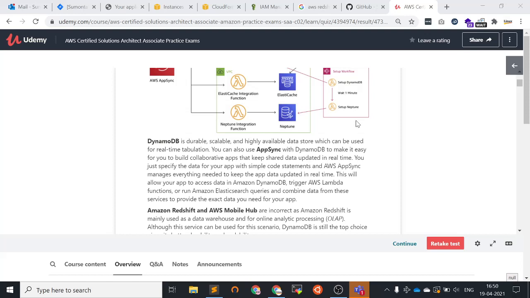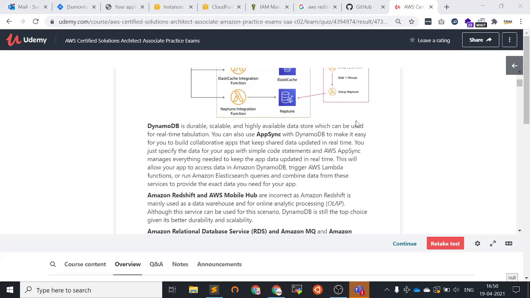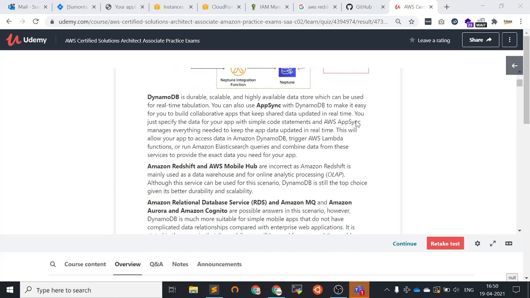This will allow your app to access the data in Amazon DynamoDB, trigger Lambda functions, or run Amazon Elasticsearch queries and combine data from those services to provide the exact data you need for your app.